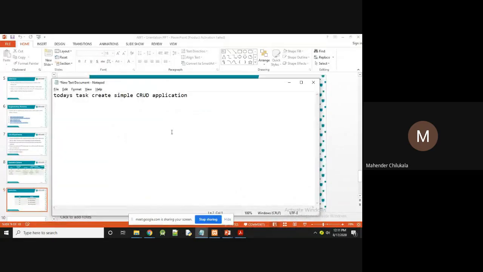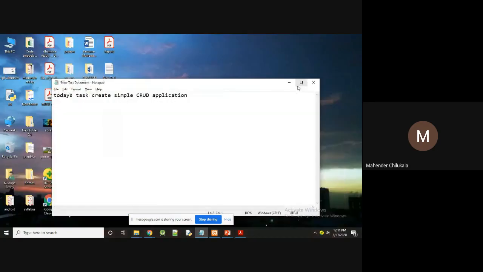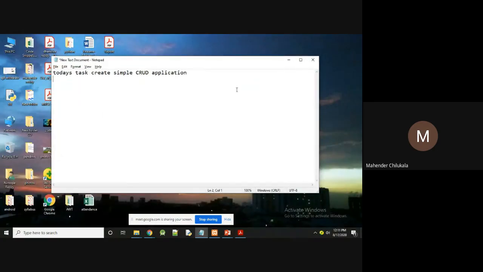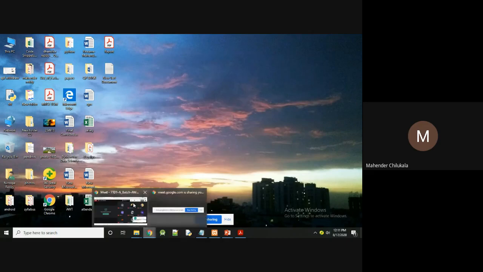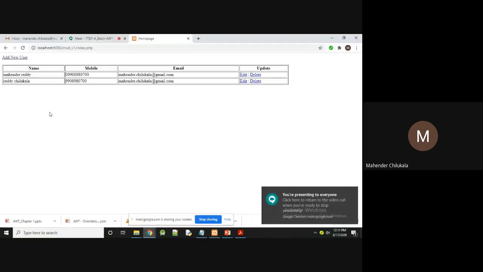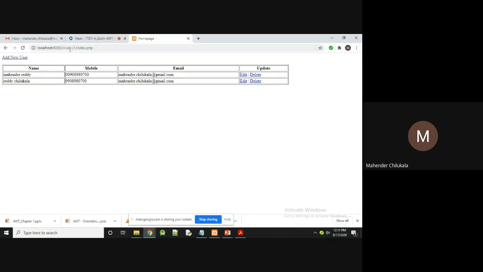So you already know about PHP, how to develop a simple web application. So you have to do a lab today to create a simple CRUD application. That is your work today. I'm not going to explain anything, just a small thing for the execution. So this is a simple CRUD application. After executing this CRUD application file, I will get an empty one.